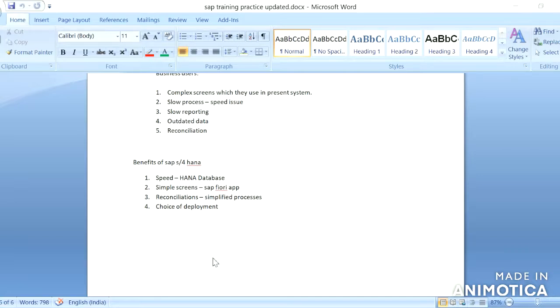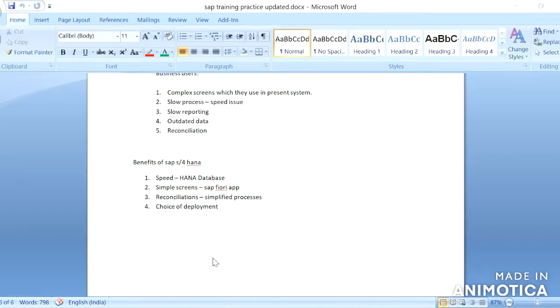So mostly the benefit of S/4HANA is the performance, the improvement in performance, and also the simplicity of screens, and the reconciled processes, the processes are simplified, and also the reduce in cost for the companies in related to hardware.